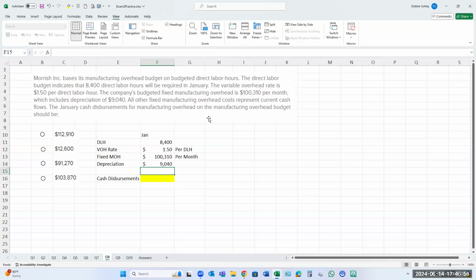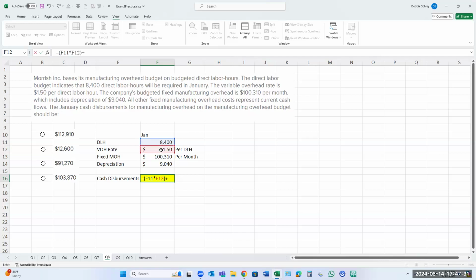Okay, so the very first thing you need to remember is depreciation is not a cash transaction. So this fixed portion, we have to subtract depreciation from it. We also need to figure out what our variable is. So this is going to be two parts. So we're going to take the direct labor hours times the variable rate per hour